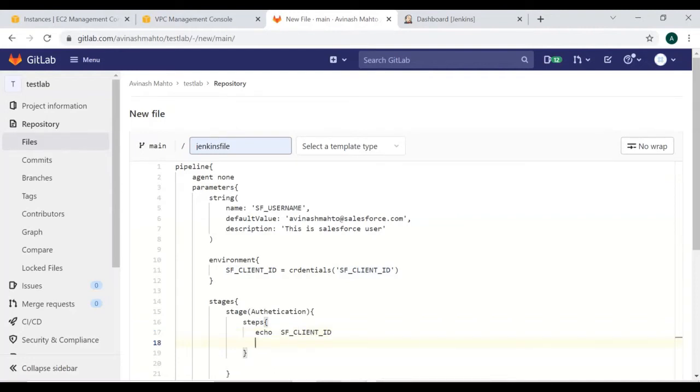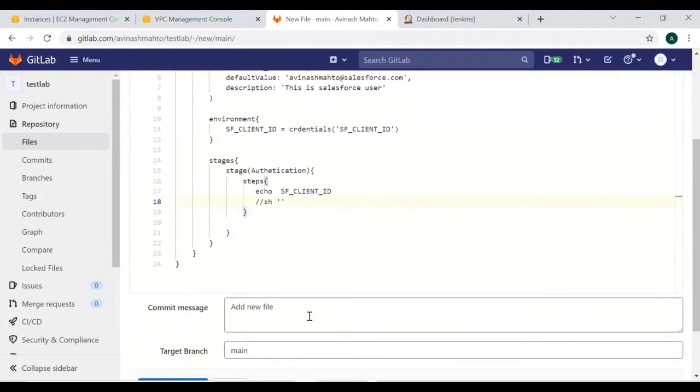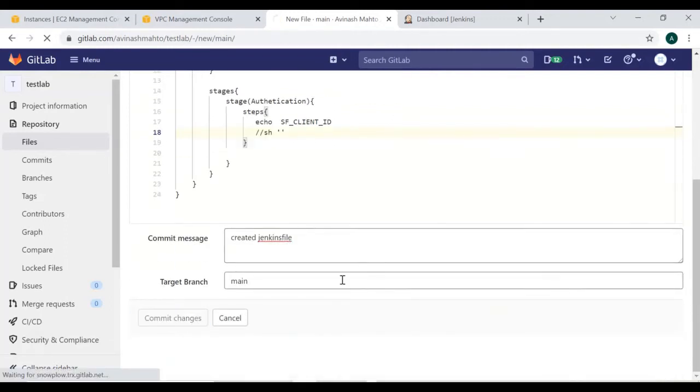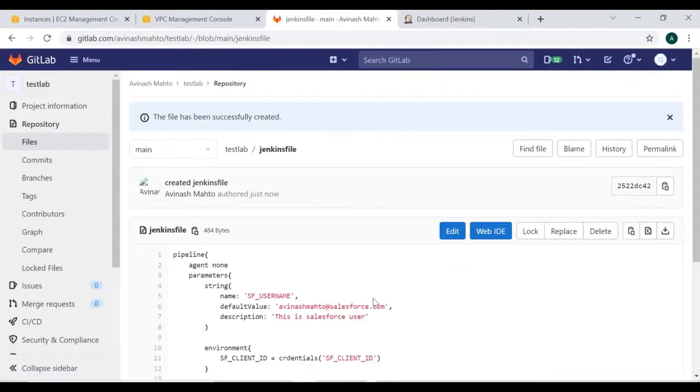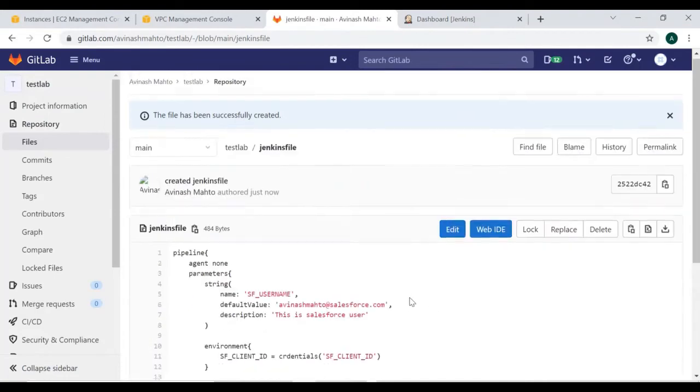And I have already one of the commands of Salesforce that I can execute through the shell, and that I will show you later on. Okay, so meanwhile I am commenting it. So let's suppose that now I am going to commit this file under the main branch, and now we will configure one Jenkins job using this Jenkinsfile.